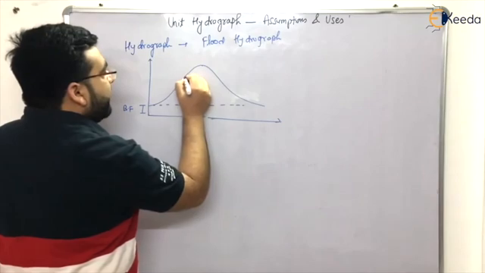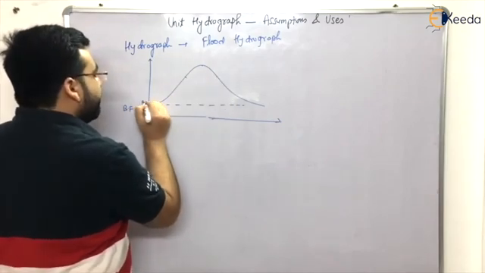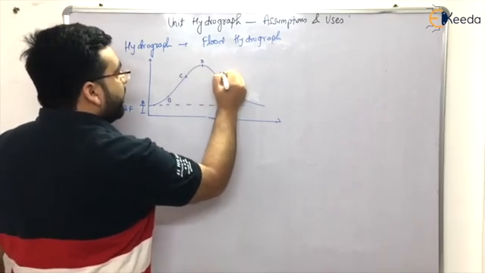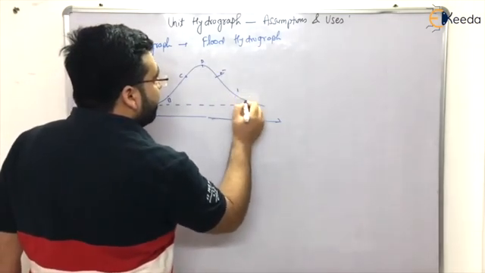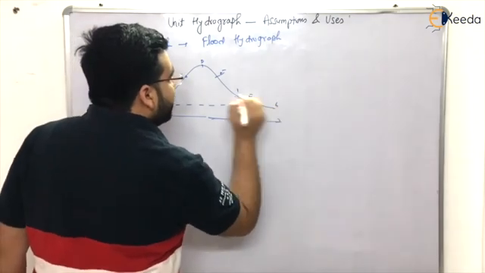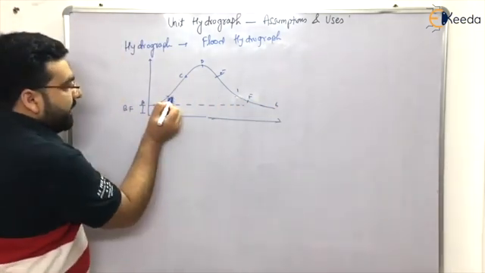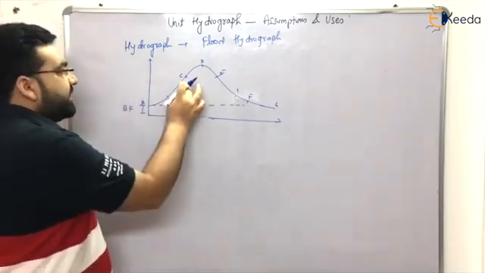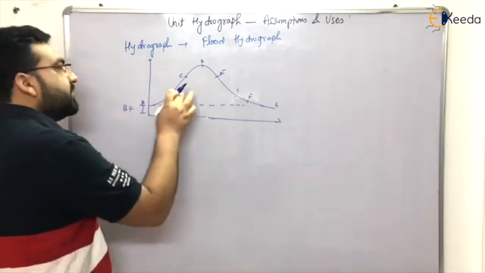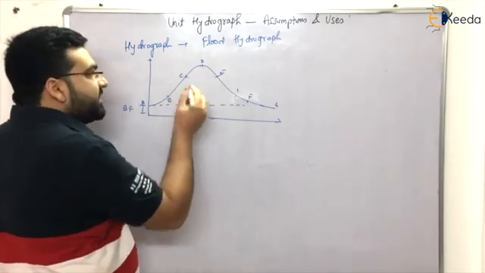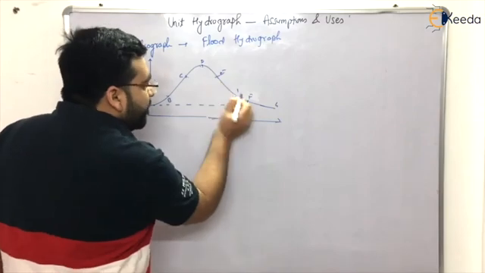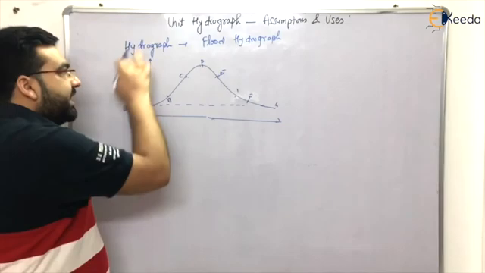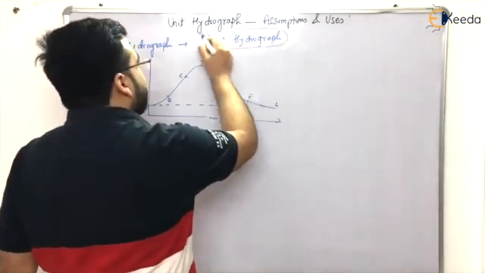This is the peak. These are the inflection points. This is point A, point B, point C, point D, point E, point F, point G, and so on, right? So C to D is the rising limb, also known as the concentration limb or concentration zone. C, D, E is the crest, D is the peak, E to F is the recession limb, and this is the base flow. So this type of hydrograph is known as the flood hydrograph.